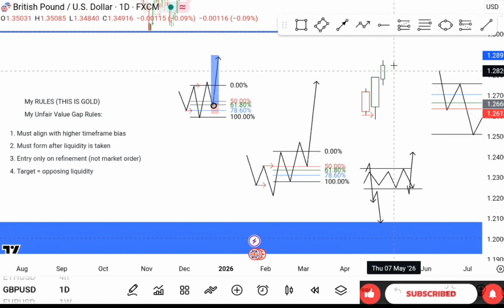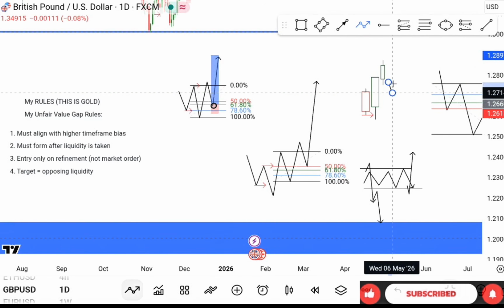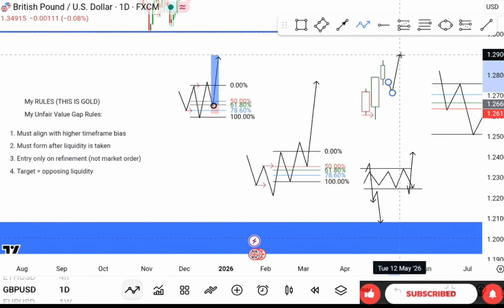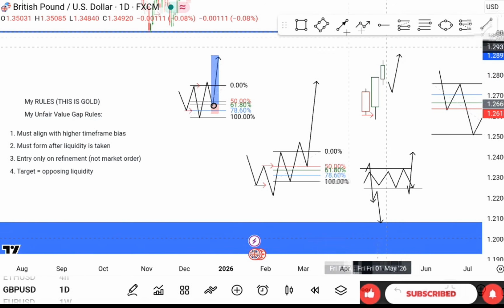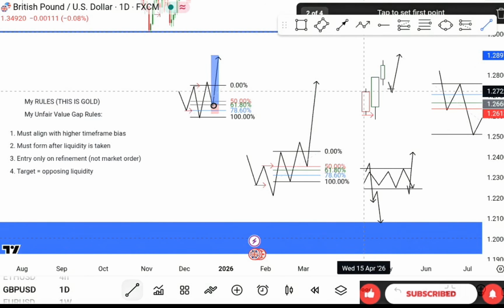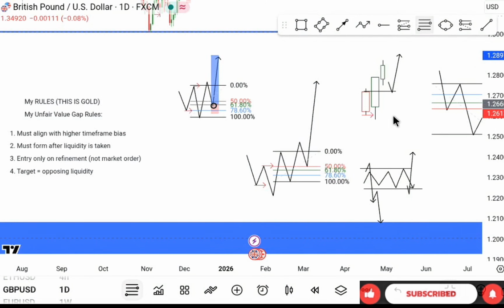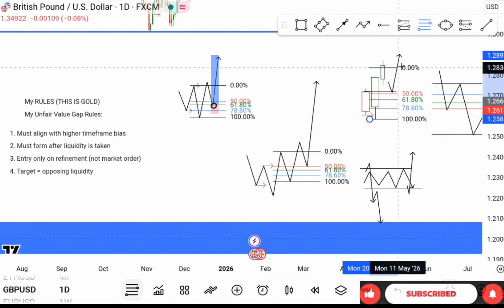But always make sure that the FVG is coming out from a sweep of liquidity. Number four, calculate the move with your Fibonacci from the FVG to the third candle close. Make sure that the FVG wick, the third candle wick, did not align with the structure where we broke